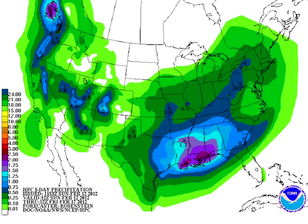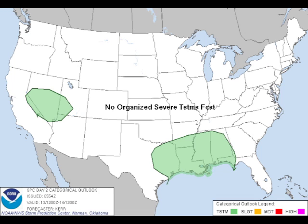And I think for us, primarily in the Monday night, Tuesday time frame, that, and of course this goes through Friday, so this also takes into account the next event on Thursday, or primarily Thursday, a late Wednesday night and into Thursday event. So I think we'll probably be seeing on the order of a total accumulation of about probably 1 inch across our area. For day 2, there are no organized severe thunderstorms being forecast, but SPC has drawn an area around much of the southeastern U.S., including Alabama, Mississippi, Louisiana, East Texas, and parts of southern Arkansas, where there is a possibility for